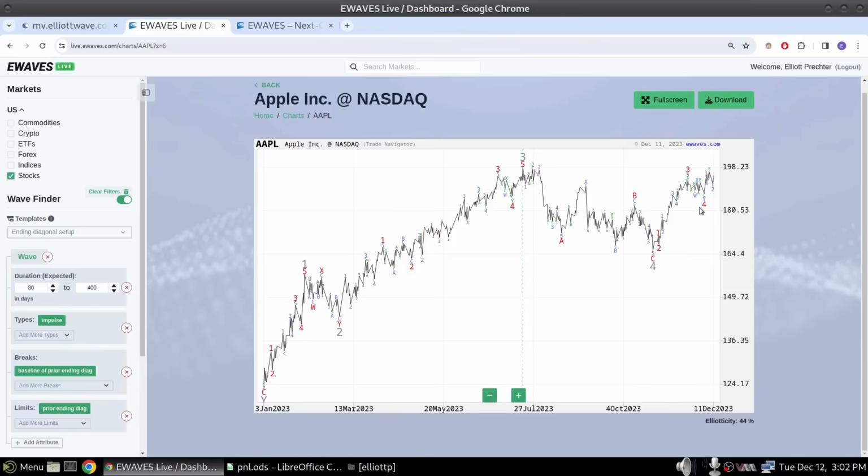You can certainly see, though, why it likes this market moving a little higher, because it really needs to take out this 3, which it hasn't done yet. 198.23. The highest we got here was 195.99. So really, for wave 5 to be done, it really needs to at least take out this 3 here. So again, we've been long and been bullish, but a lot of these wave counts now are starting to mature, and with the VIX being very low, I would say now risk is actually getting quite high on these